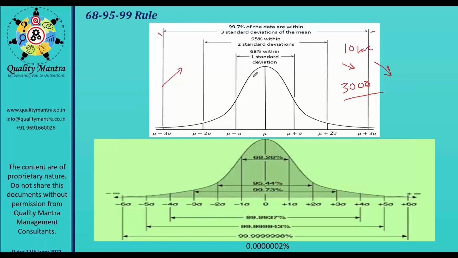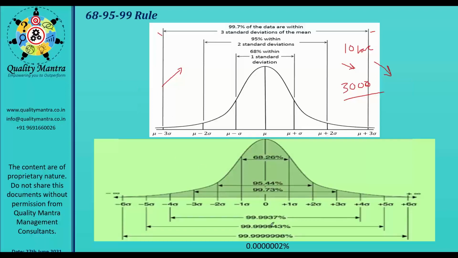Non-critical process you can accept at one place, and it is a true thing that the process will vary within plus minus 3 standard deviation. Control charts we have seen. So what is a control chart? It is telling you your process will vary within the 3 standard deviation. That is what it tells you.